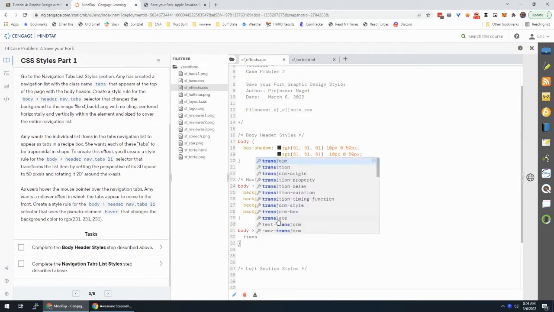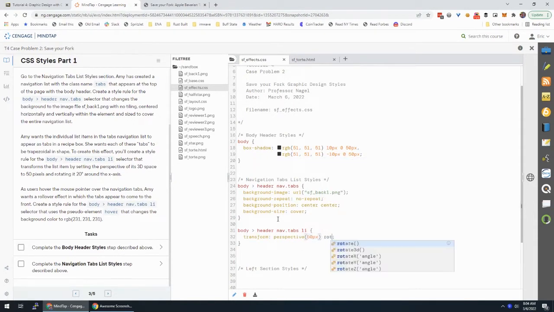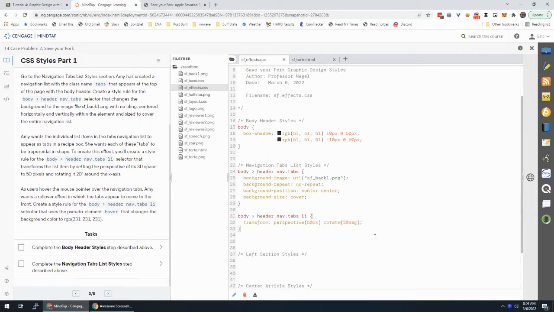So I'm going to use the transform. I'm going to use perspective of 50 pixels. And we're rotating that, rotate